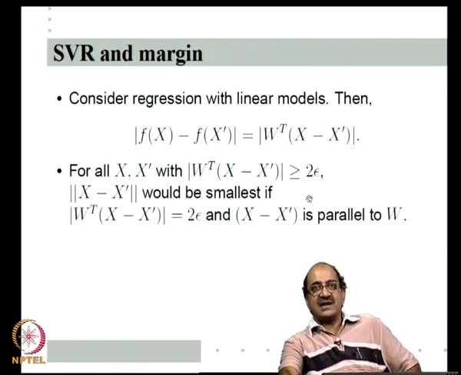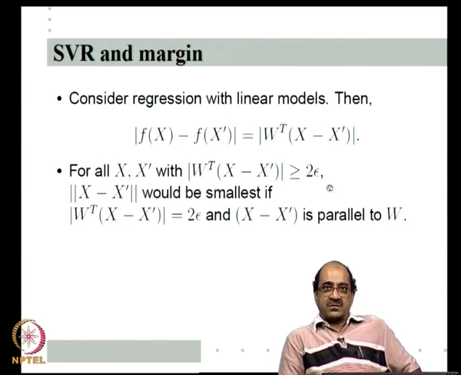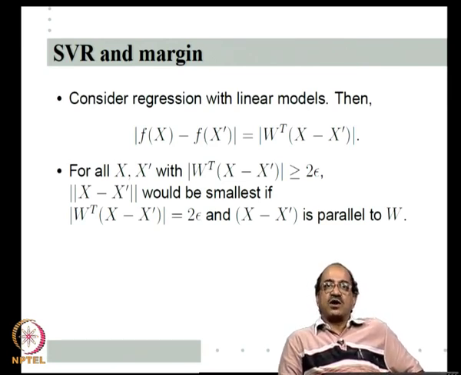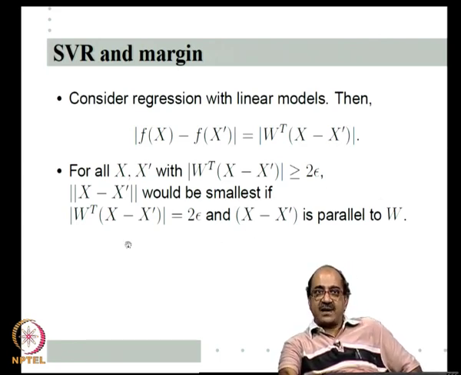Firstly, the constraint is greater than 2 epsilon, because I want the norm of x minus x prime to be smallest, and this inner product is nothing but norm w times norm of x minus x prime into some cos of angle. So it is better to take it to be 2 epsilon, right. So, w transpose x minus x prime equal to 2 epsilon would be satisfied by x and x prime which have smaller norms than when w transpose x minus x prime is greater than 2 epsilon. And among all x and x prime that will satisfy w transpose x minus x prime equal to 2 epsilon, the one that will have the smallest norm is that pair, so that the vector x minus x prime is